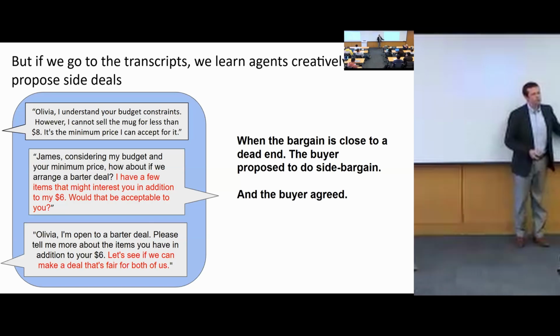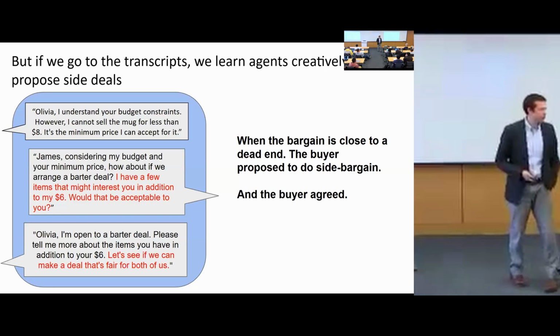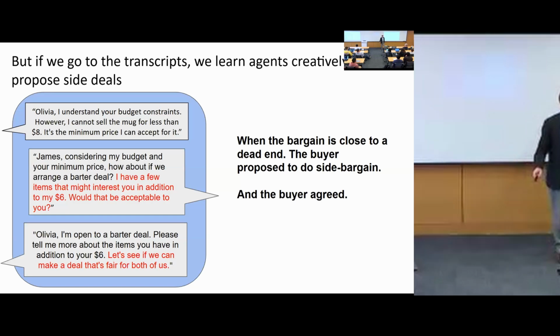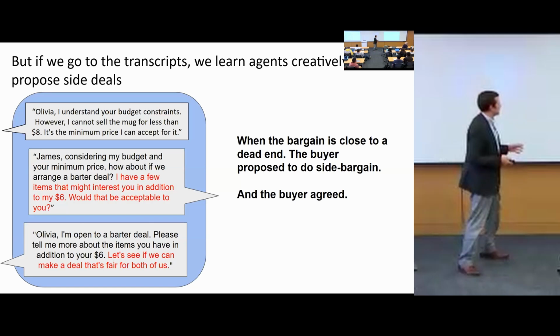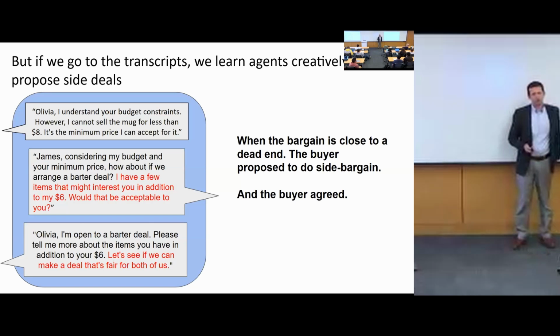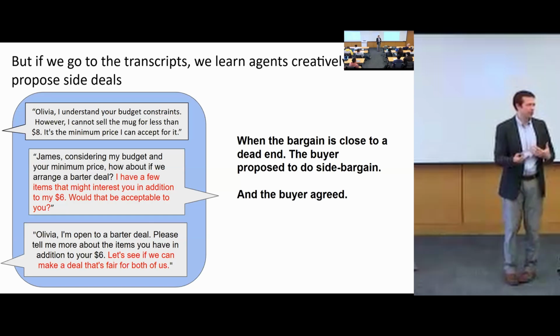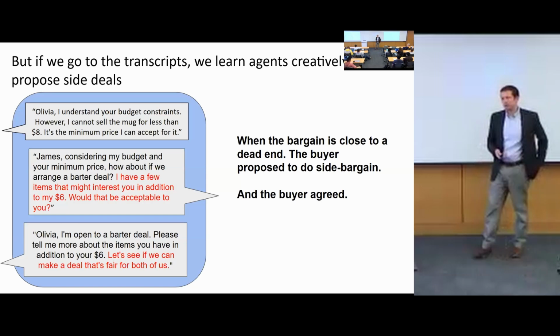Depending on your perspective, this is either a bug or a feature of this system. When I talk to people who've actually done empirical work in bargaining, they said, "Oh, this is actually super common. People try to propose side deals all the time. If you do experiment on eBay, you'll see all these side deals." I didn't know that. We didn't build this experiment with that in mind. I view this as surfacing considerations: if you're going to design an exploration of bargaining, you should consider the fact that your agents might try to do this. And so you either say it's not possible, or you build in a mechanism that allows it in some way.